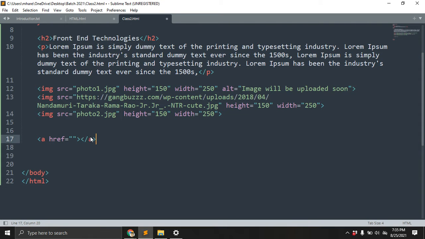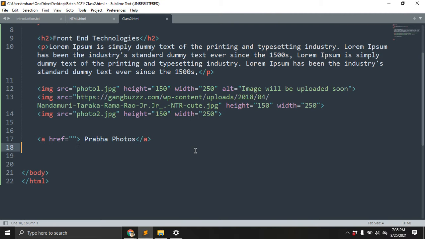This is the anchor tag. I'm giving here the Prabhas photos, and the second one is, okay.